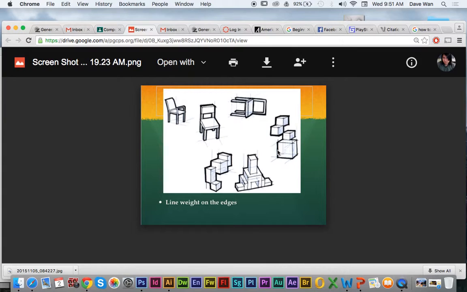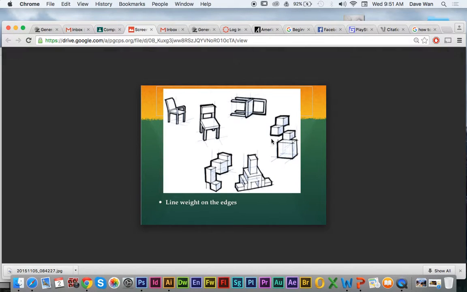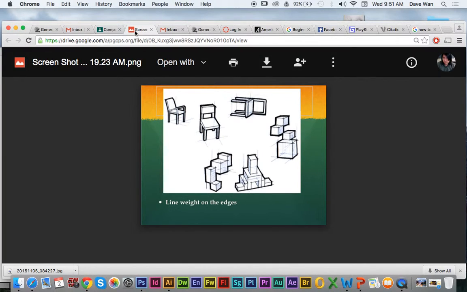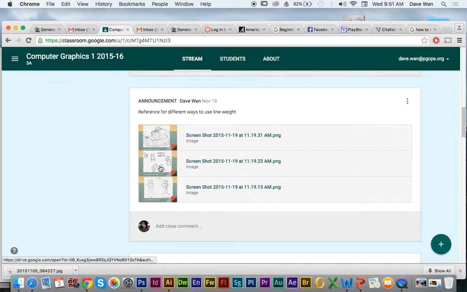One easy way to do this, and I recommend you doing this for this project, is using line weights to just trace around the edges. So the edges are going to be your thicker lines, and the inside's going to be thinner. This is going to help to pop out your images a lot more. So you can do line weights with the edges, or